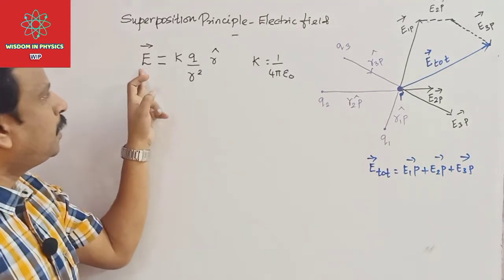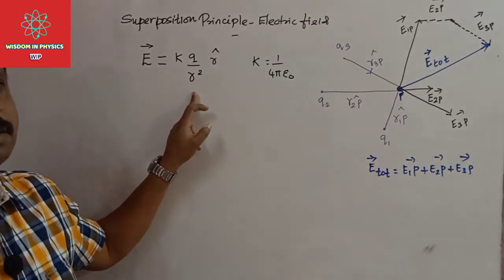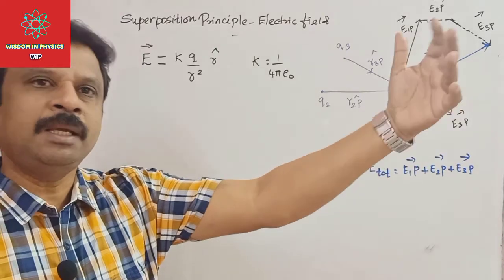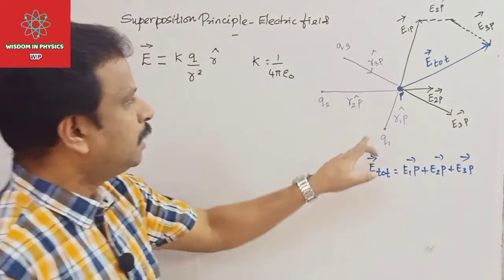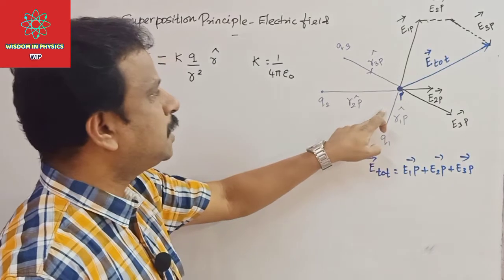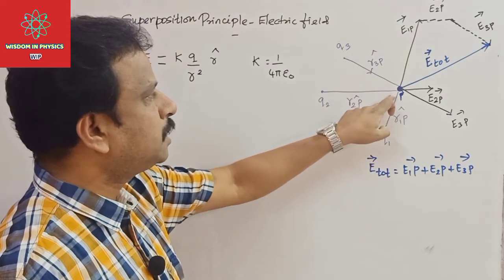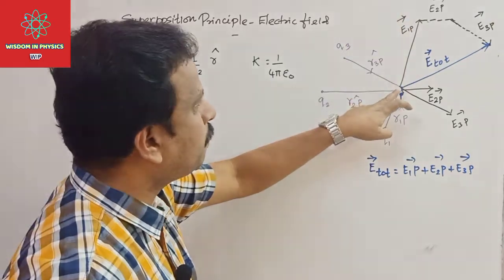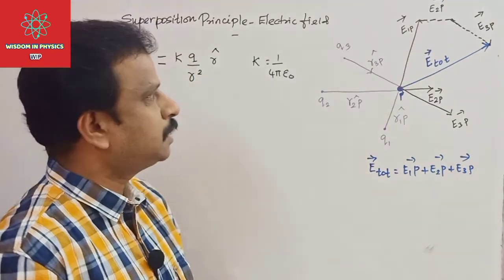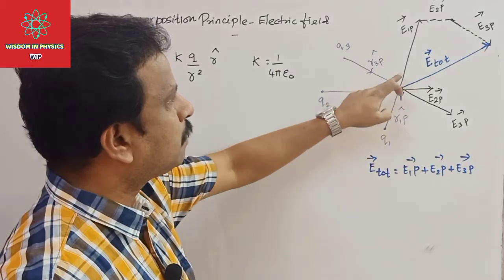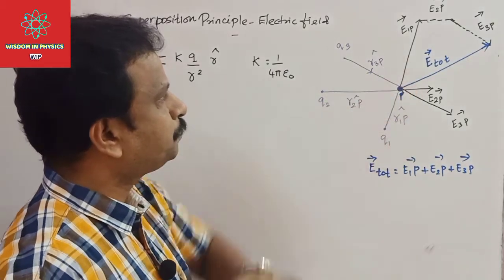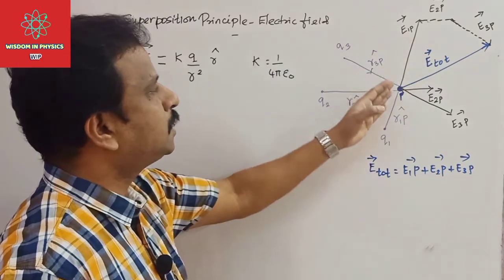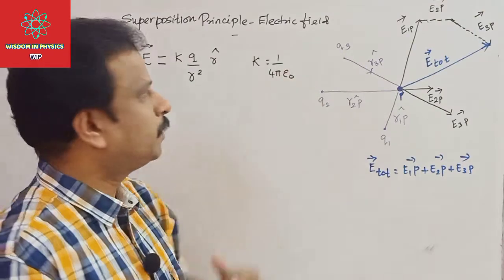We know that electric field is inversely proportional to square of distance. Okay. So when the distance is very small, the electric field strength will be much higher. So here this is the shortest distance when we consider the point. So the electric field at this point will be very high. So that is represented by a long arrow mark. That is, we have drawn 3 arrow marks in black ink, 1, 2, 3, in which E1P vector due to the charge Q1 is represented by a long arrow.